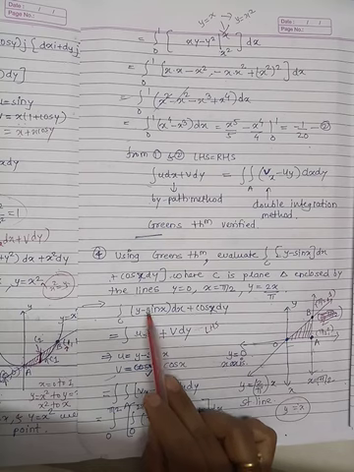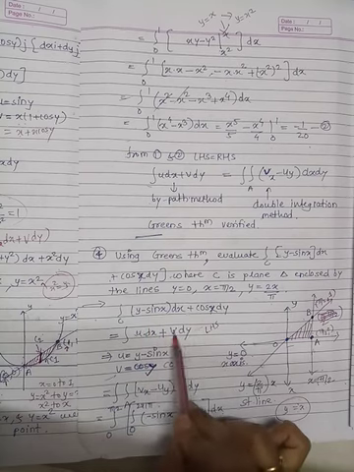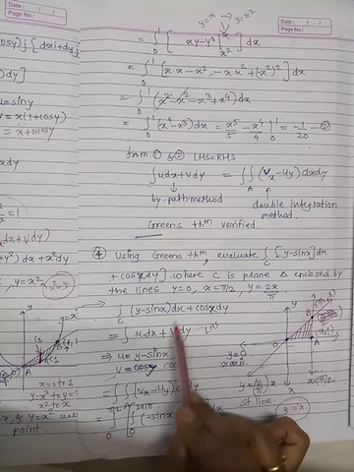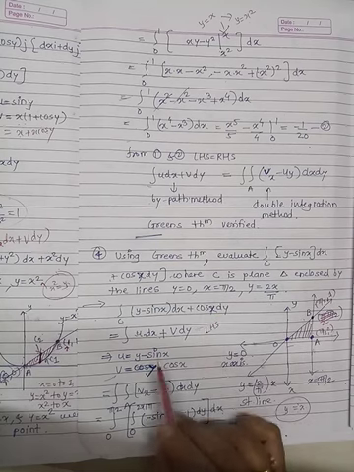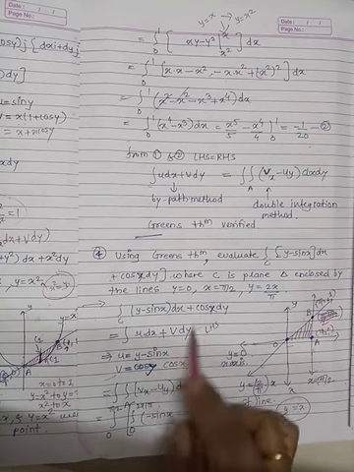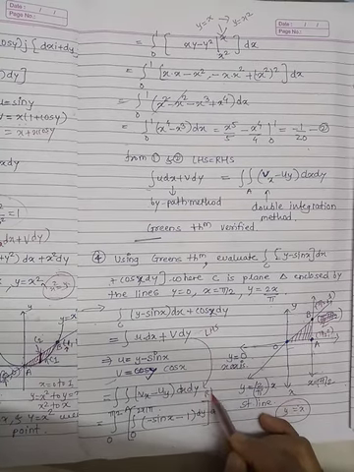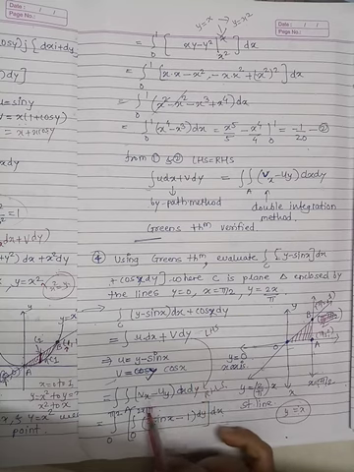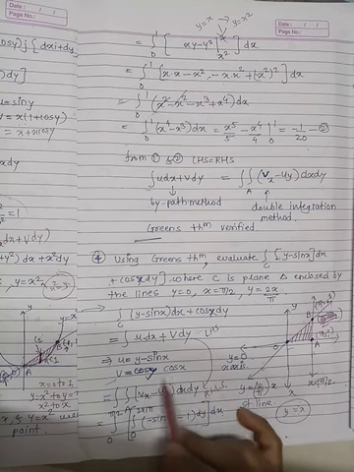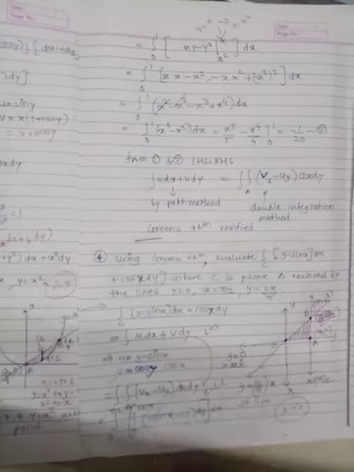We get u value as y minus sin x and v value as cos x by comparison of the dx coefficient and dy coefficient. Then by Green's theorem, this LHS equals this RHS. So the RHS is the double integration of vx minus uy dx dy. So put the vx value and uy value in this RHS of Green's theorem.